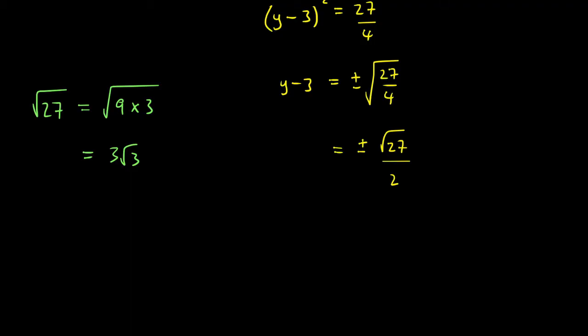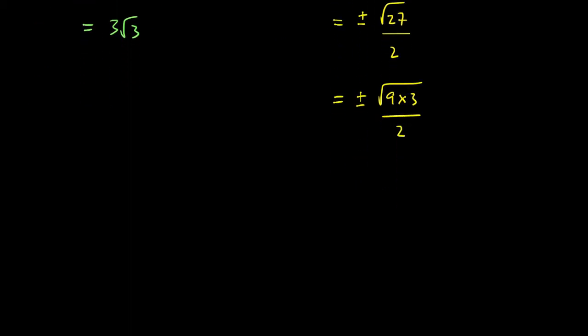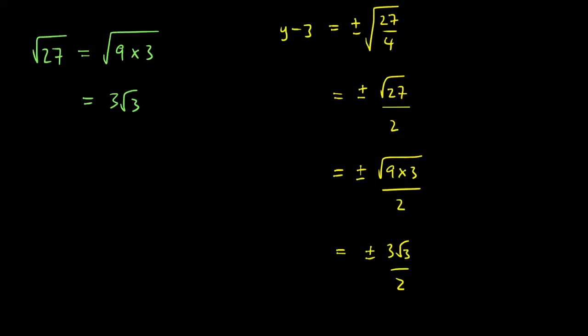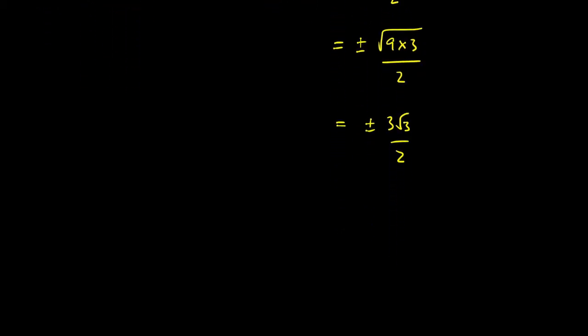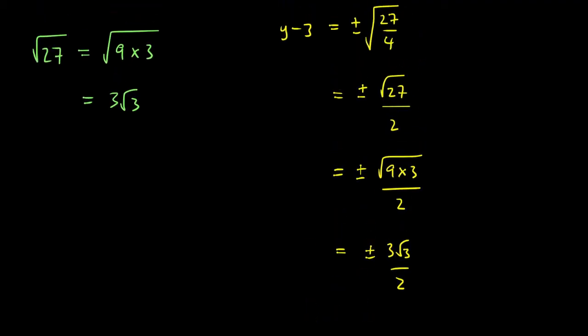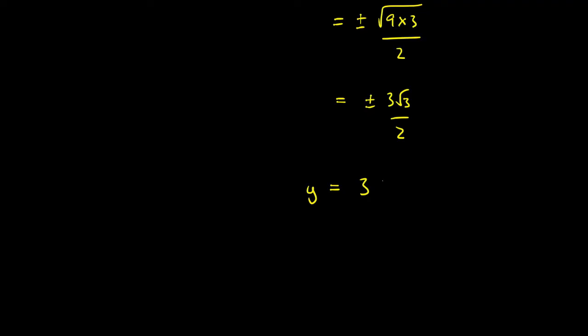So I would suggest that, just to make sure that you get the marks, you write something like, this is 9 times 3 over 2, and therefore this is 3 root 3 upon 2. Okay, so I just have to add 3 to both sides. So y is going to equal, adding 3 to both sides, 3 plus or minus 3 root